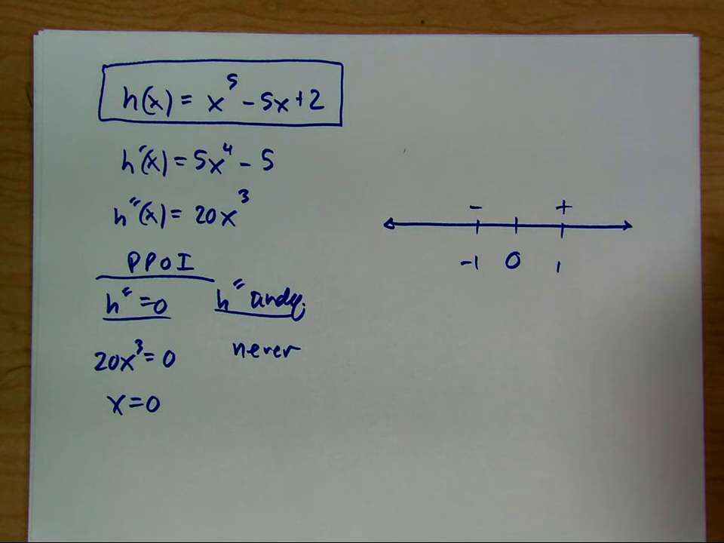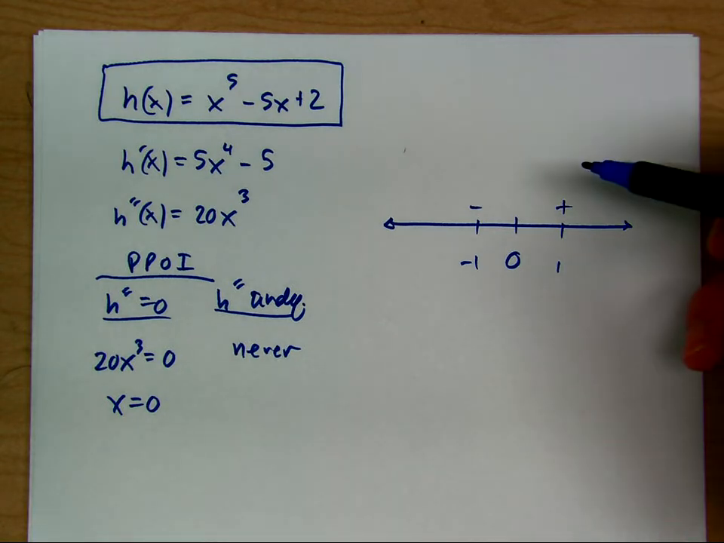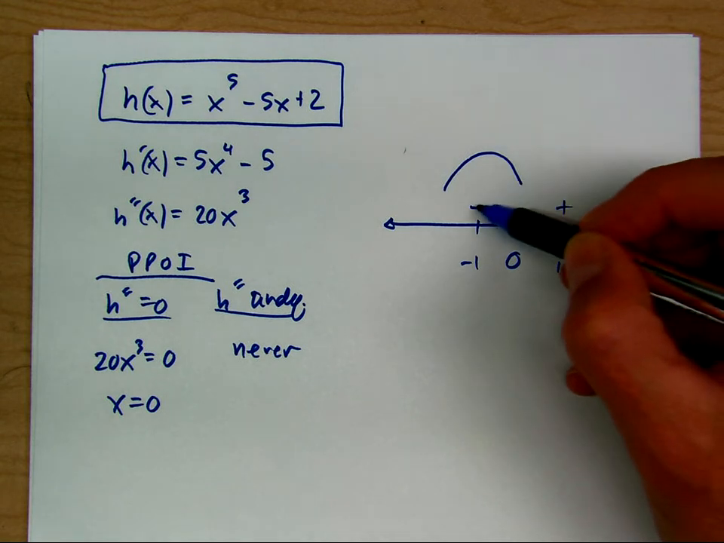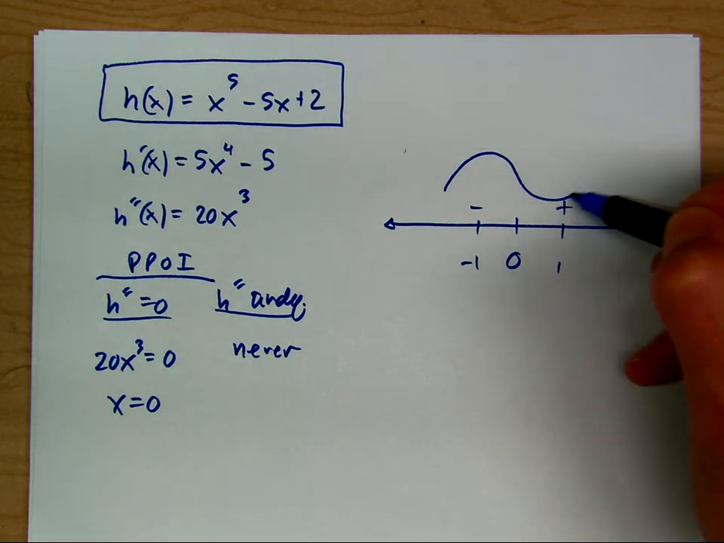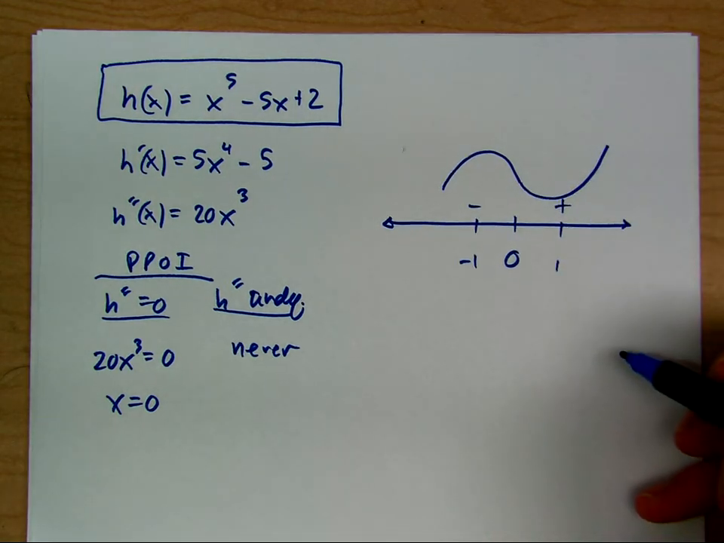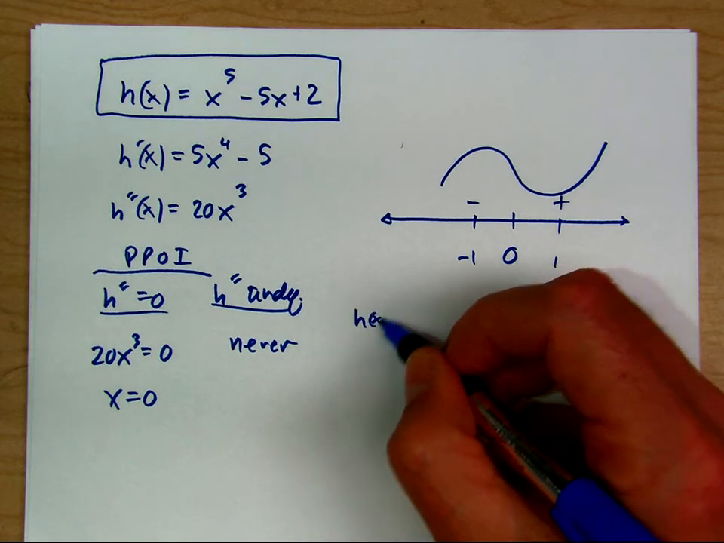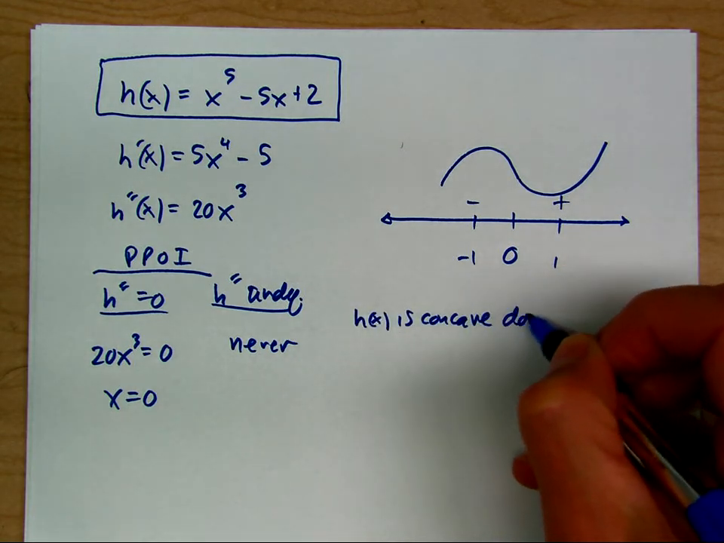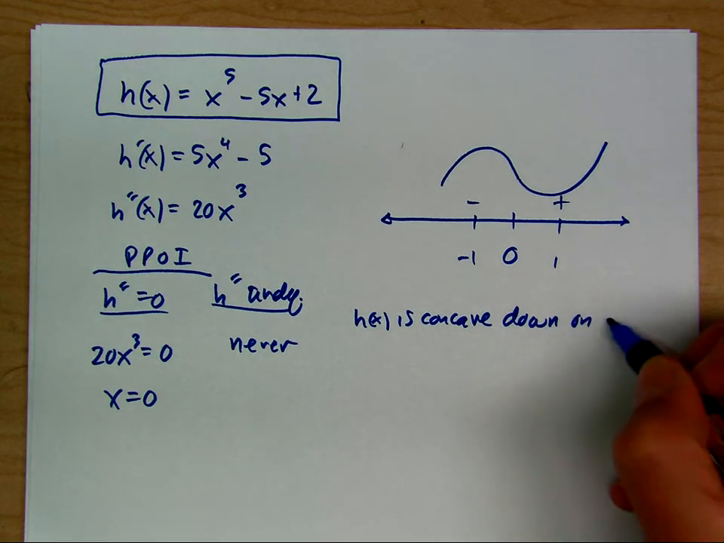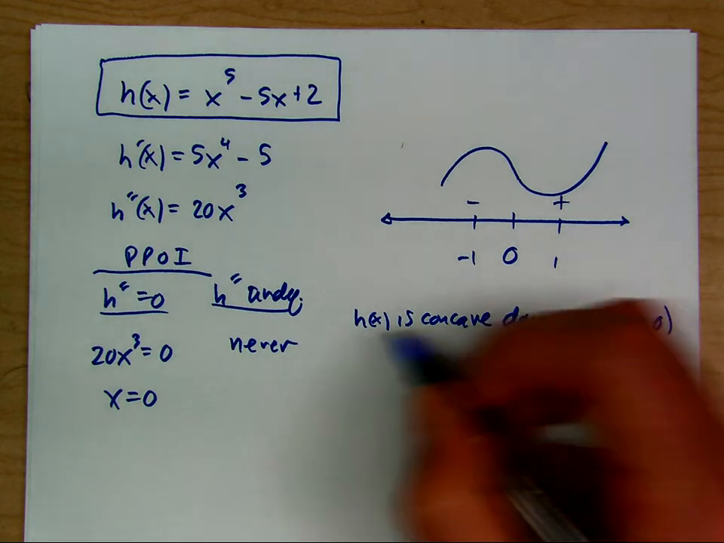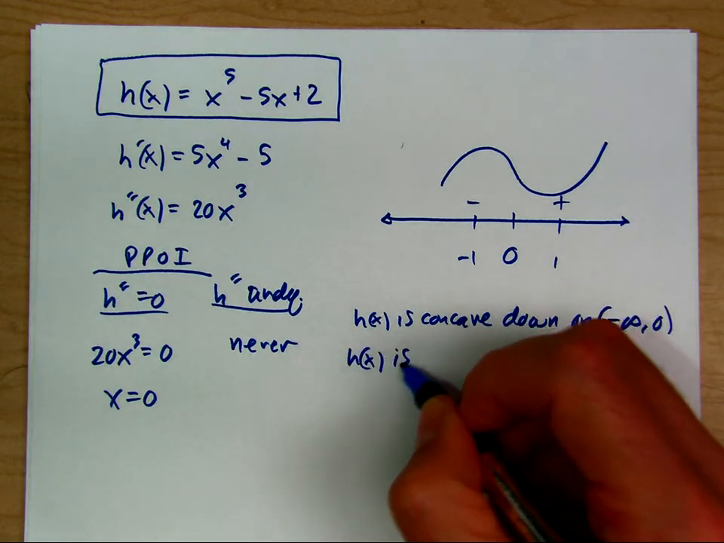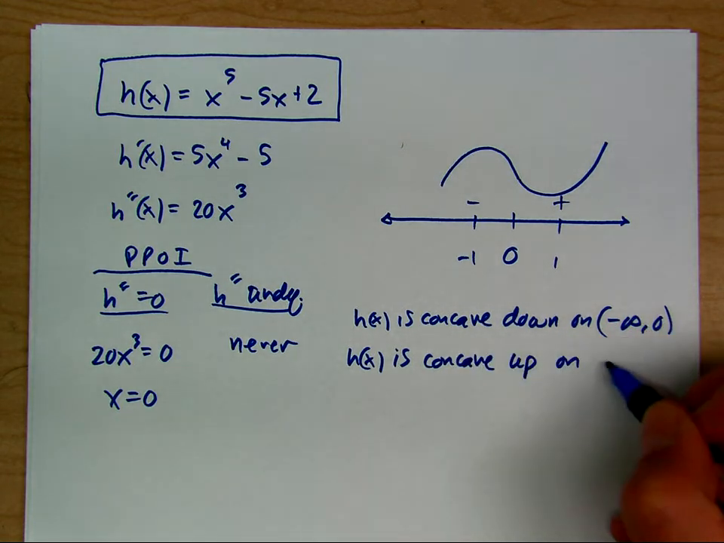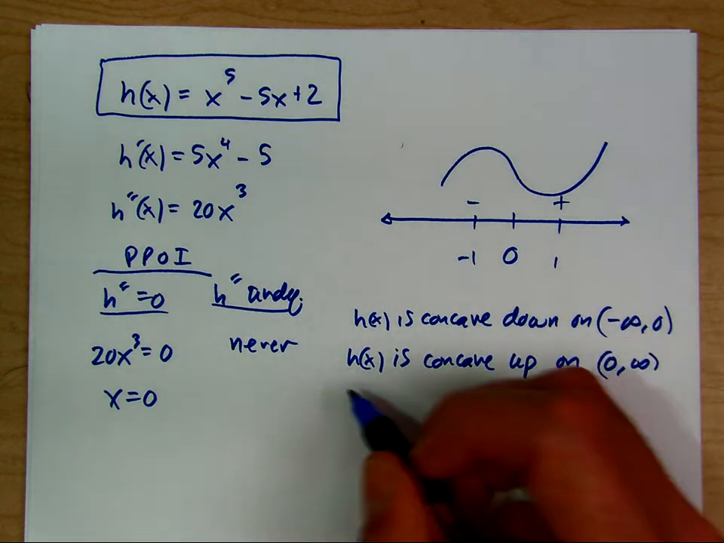So the function is curving down, because there's a negative curvature, and then it's curving up because of the positive curvature. So we say h is concave down on negative infinity to 0, concave up on 0 to infinity, and